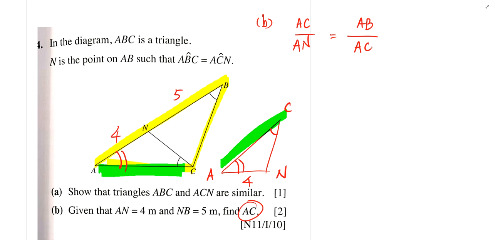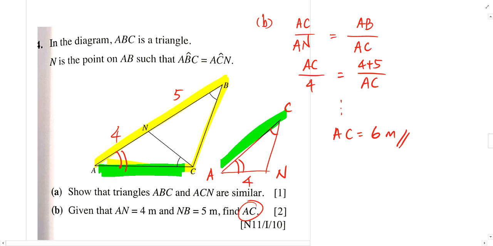Okay, so can we fill up the blanks already? Okay, so AC over 4 equals to AB is 4 plus 5 over AC. You will get AC equals to 6. Let me just complete the steps for you. So you would have AC square equals to